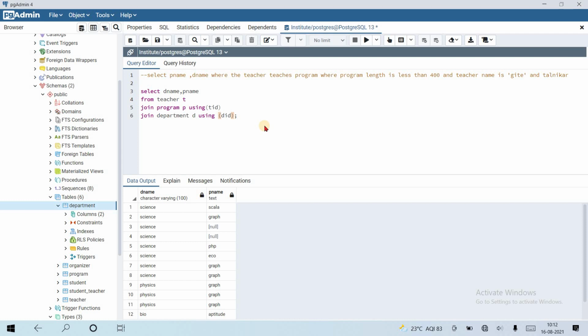Sorry about this. So the condition is we want the program length to be less than 1500. Okay, see the program length column also, so we can focus on this.